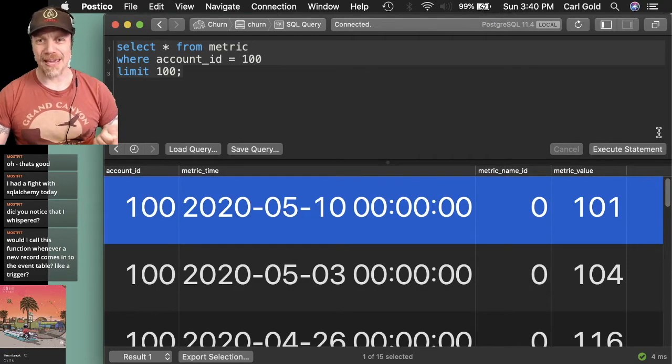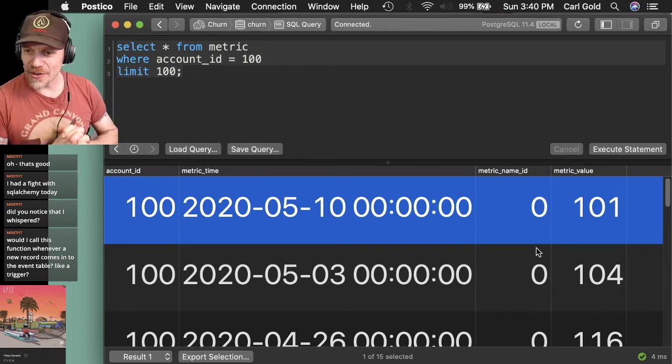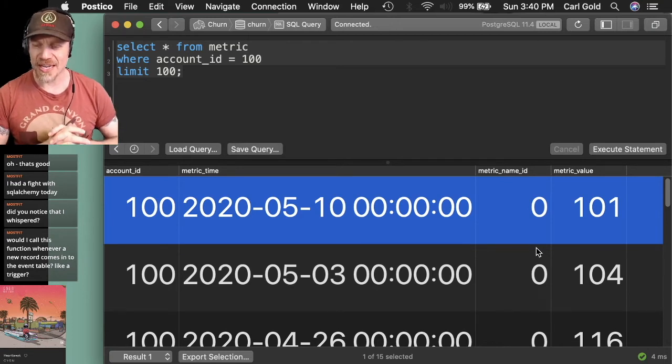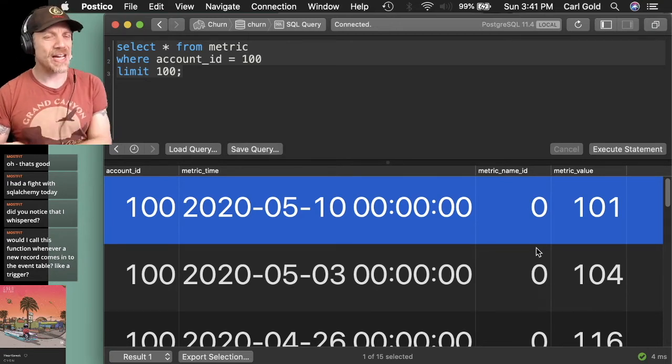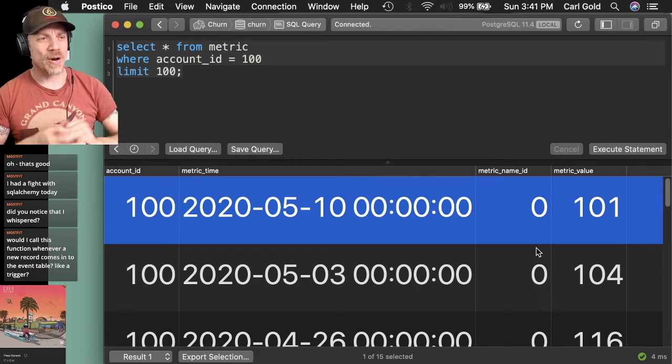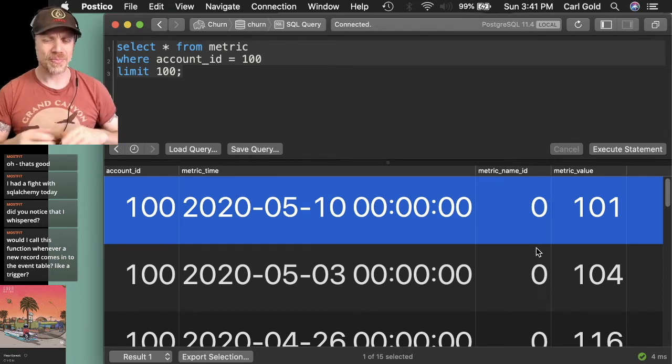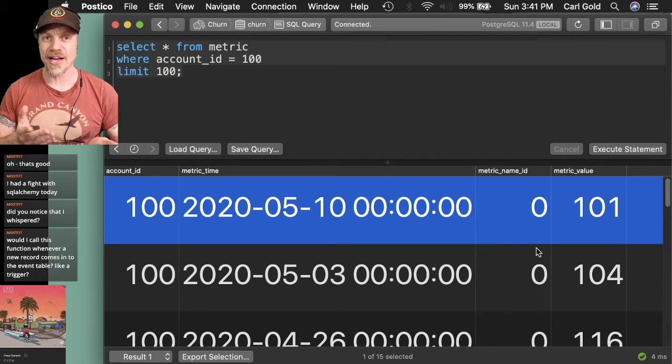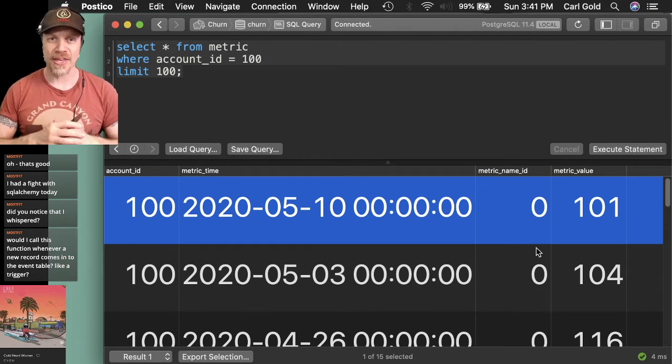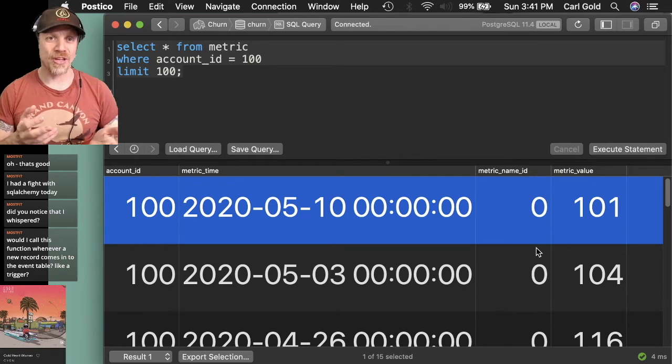Now, what about the name? So here we've only got this name ID, but let's see, what I call this function whenever a new record comes into the event table, like a trigger. Basically, well, I wouldn't personally do it whenever a new event comes into the table. I would do it periodically because I'm only suggesting it for this kind of application that you calculate the metrics once a week. You could calculate them much more frequently if your product was something where, you know, people are using it in a very, you know, well, if it's consumer use and people use it like really soon after